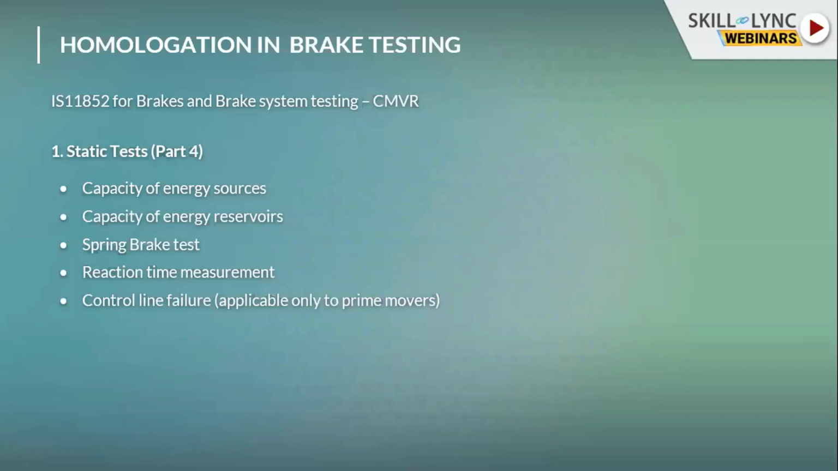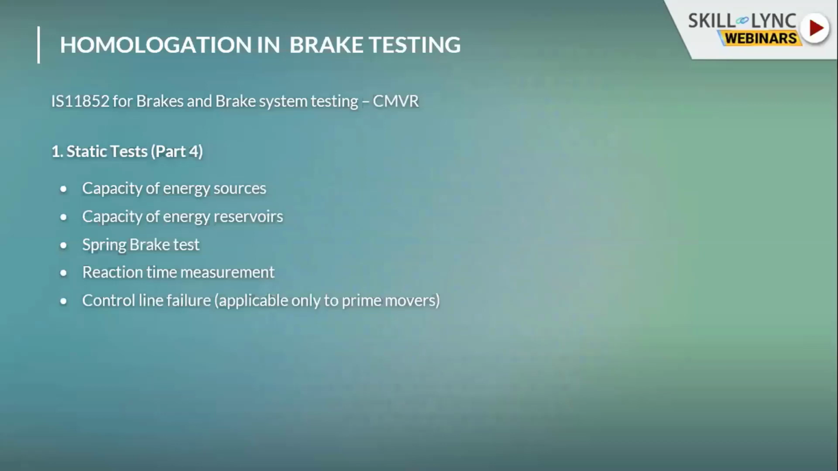For brake testing, the homologation in India is under the standard IS 11852 for brakes and brake system testing. Generally, this standard has a total of nine parts, which are explained in this IS. Of these nine parts, I have accumulated all the major tests which have to be carried out in a